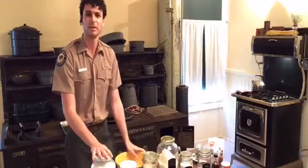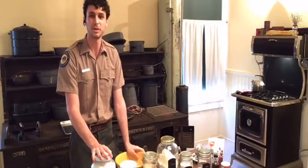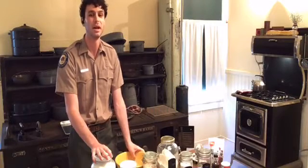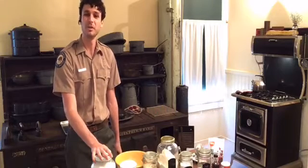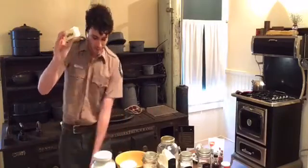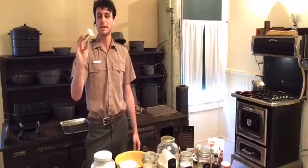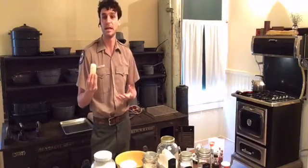Now, let's start with the basics. We're going to start with butter, and we are at Wilder Ranch. This is a historic dairy ranch, a creamery where they were creating some of the highest quality butter you could buy at the time. Today, we are no longer producing butter, so I've got the store-bought. That's right here. And butter, this is a solid fat, and it's the most commonly used fat in baking,